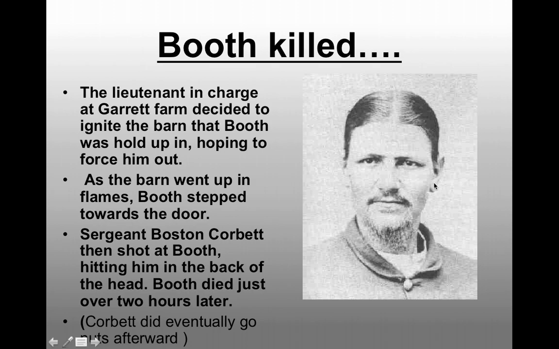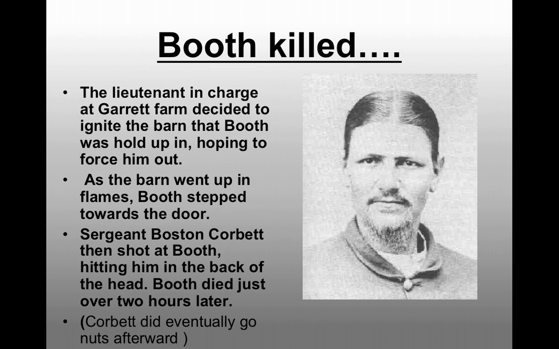Now, Boston Corbett went against orders. They were told to bring John Wilkes Booth in alive. And he purposefully, Corbett, shoots John Wilkes Booth in the back of the head. So Corbett disobeys orders. Was he punished? No. Not at all. And some of you might be going, I don't really blame people for doing that.